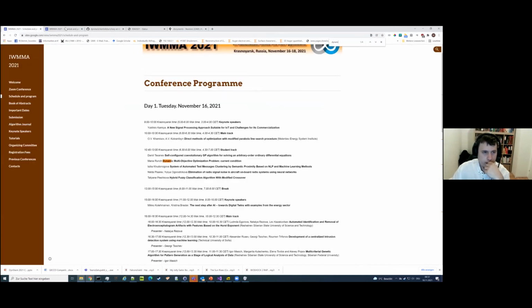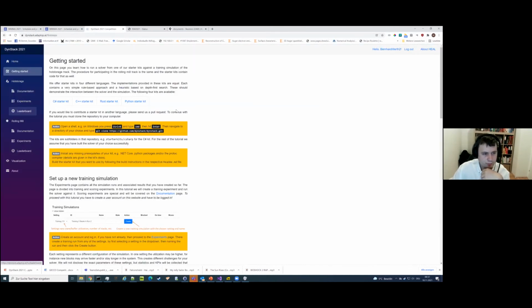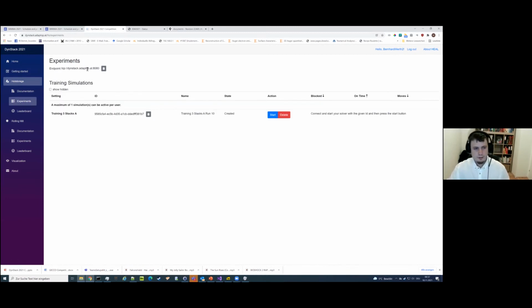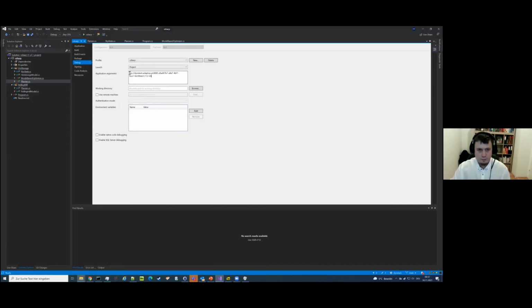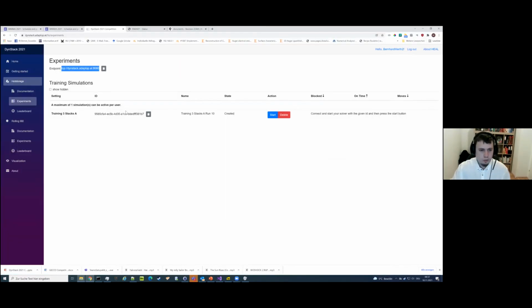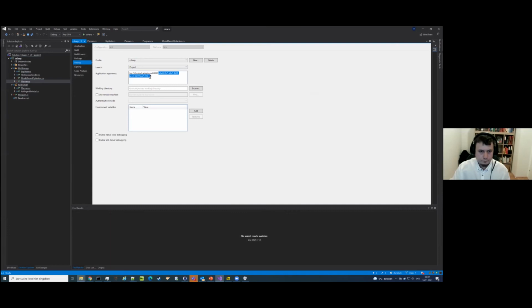So where is my web page? The experiment section, where you can look upon your own started and finished and currently not running experiments, shows you both the TCP endpoint, which I have already inserted as the first argument, and then requires you a GUI to specify with which simulation you essentially want to communicate. Let me just add that